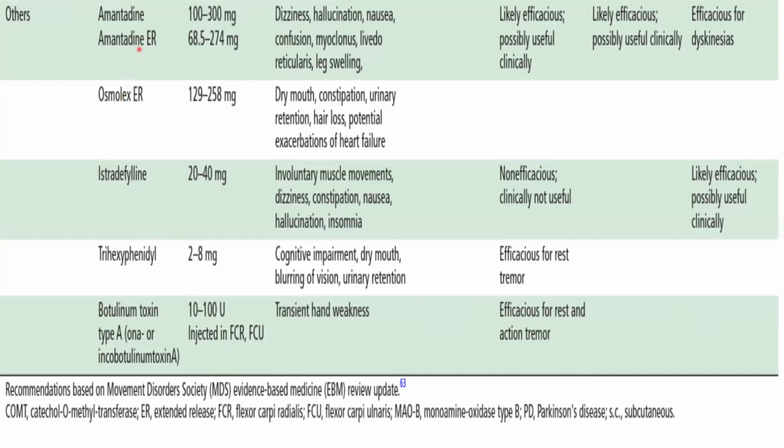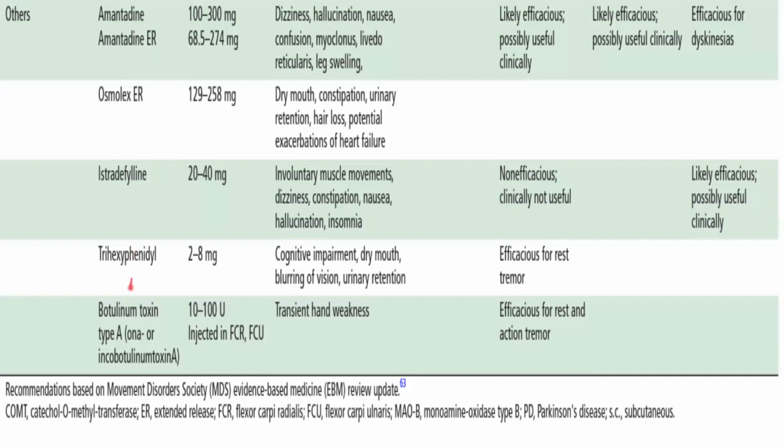Amantadine, plain immediate release or extended release preparations are also available. It will be helpful predominantly in tremor dependent Parkinsonism or levodopa induced dyskinesias. Predominant side effects would be limb edema, skin changes, hallucinations, and confusion. So in the elderly, better you give a lower dose, less than 100, 50 mg BD. If young patients have symptoms, you can give up to 300 mg. So elderly patient, lower the dose. Young patients, you can give up to 300 mg. Osmolex is nothing but amantadine only. Other company extended release preparations are available in 62.5, 274, 129, and 258 mg. Extended release tablets are also available.